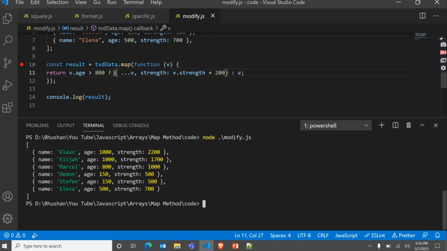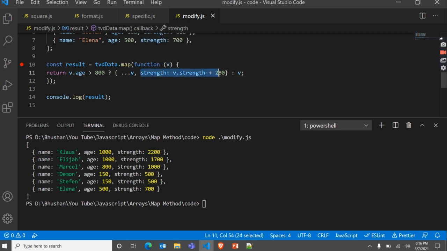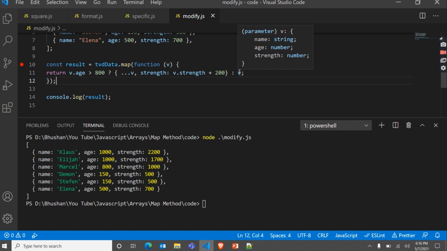So instead of Object.assign, we can use the spread operator. I think you know about this spread operator. So we can modify a property in this object using something like that. And if age is less than 800, then we are returning the original object.